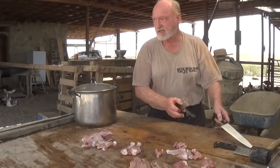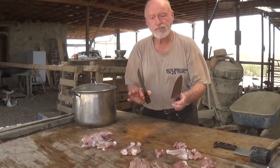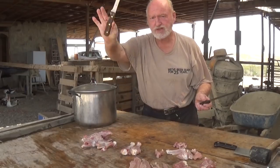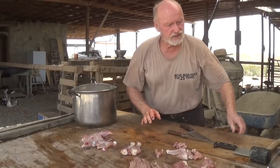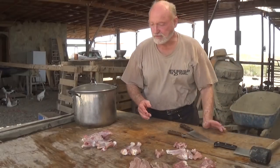I did use the cleaver, but you really only need the 2 knives, and a kitchen should have the 2 knives. Actually, the 3. You should have a cleaver, the 4. You should have a paring knife. You should have a boning knife. That's the most critical one. If you're only going to buy one, the boning knife. The chef's knife, and the cleaver, and of course, a sharpening stick so that you can keep them all nice and sharp so that you don't cut your...